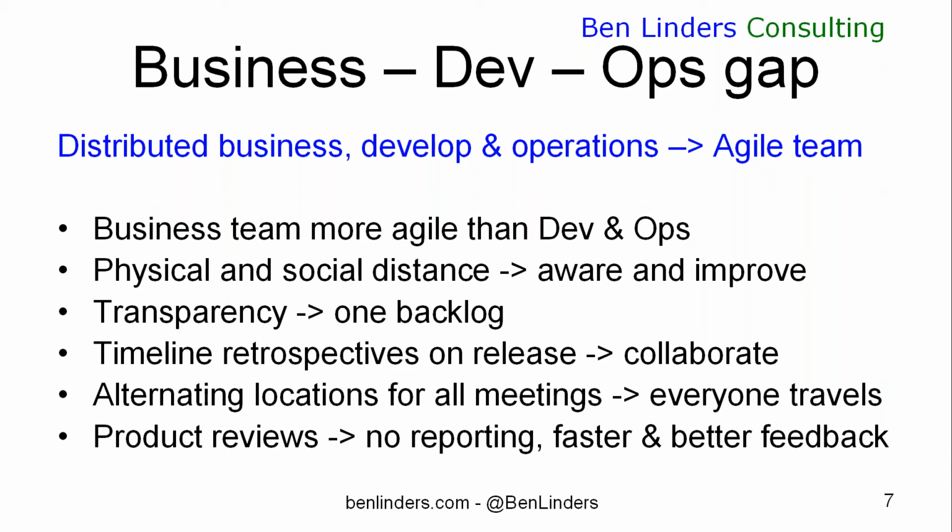Physically, they were about 100 kilometers apart, and that was something that was pretty easy to cover with travel, so that shouldn't be a big problem distance-wise. But from a social point of view, they didn't really know each other, and that created a lot of distance between the people and was really blocking the collaboration. So one of the first things that I started doing with them was to find a way to make the whole software development process and the whole product that they were developing as transparent as possible.